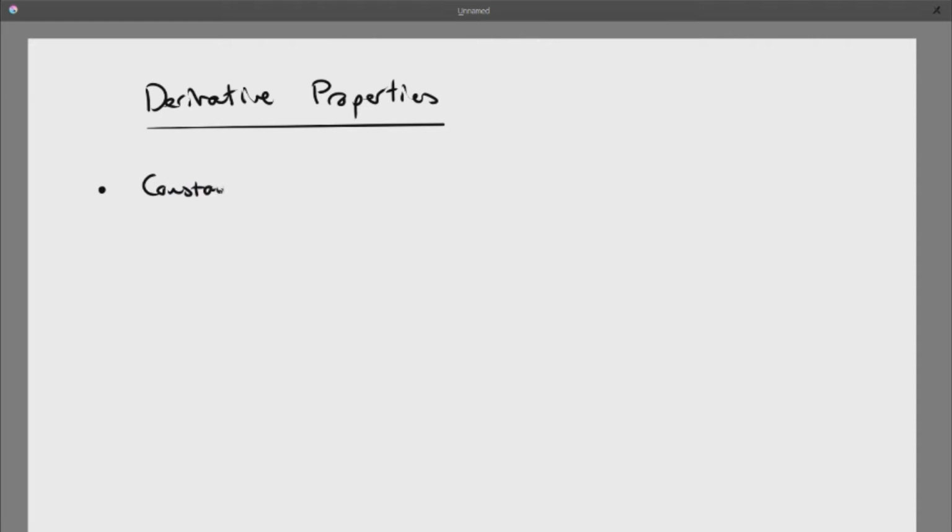Right, so we have looked at some derivative properties by examining familiar basic functions, but there are a few more to do. Let's just review what we have so far. I'll call this first one the constant property,